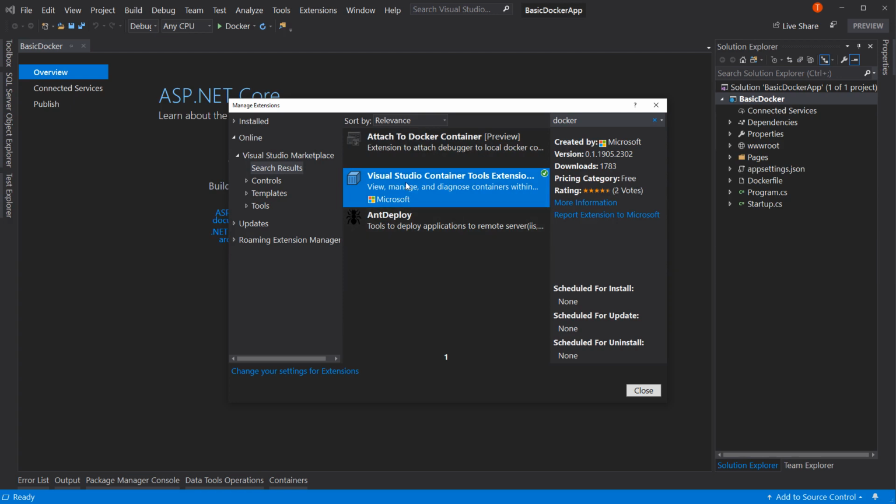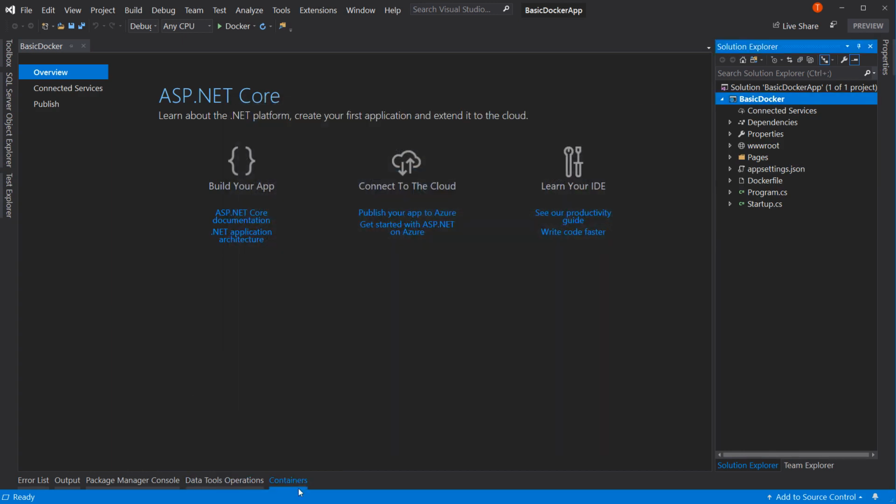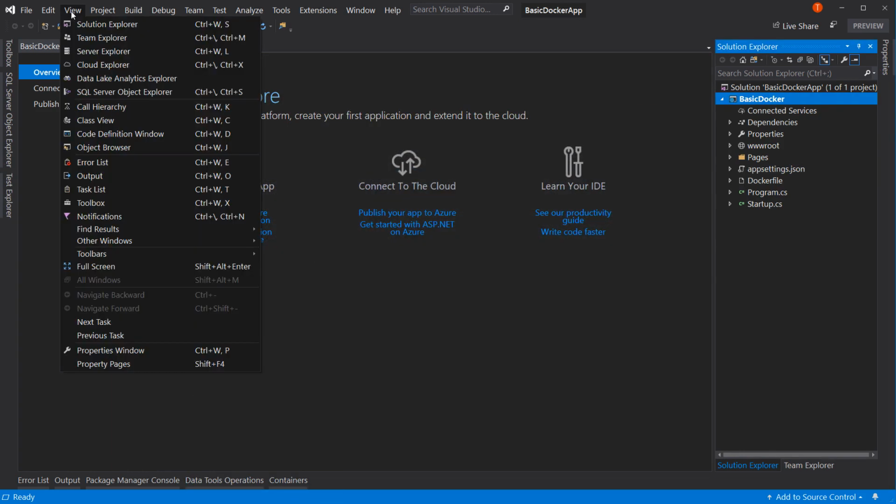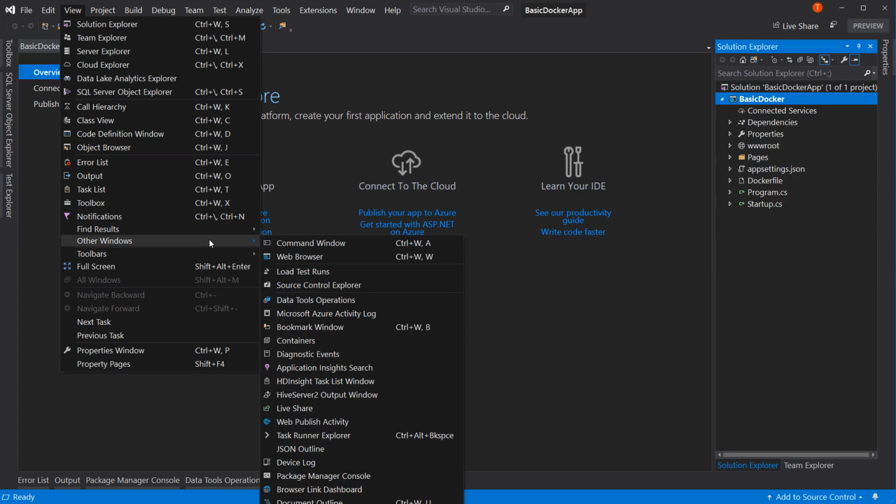All right, Visual Studio Container Tools extension. So it's called Visual Studio Container Tools extension, and what that does is it allows you to have this really helpful containers tab, and it allows you to have that ability to look at what the container is doing. So we'll look at what this tab does in a little bit. If you don't see this tab, but you have installed that, go to your View menu, go to Other Windows,